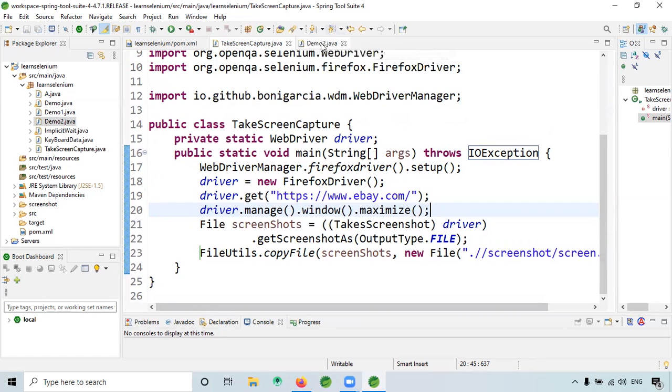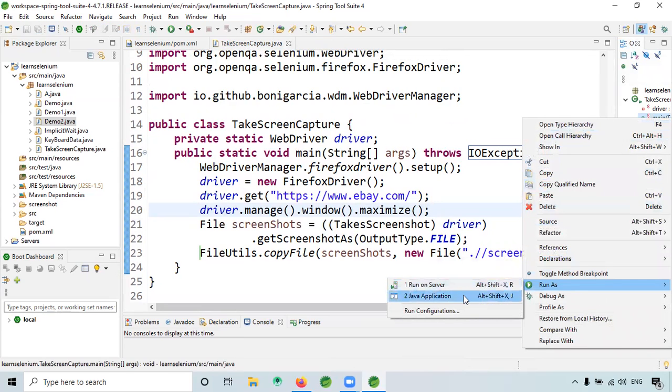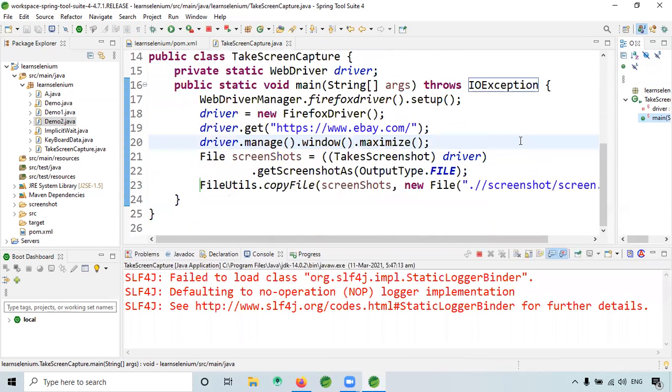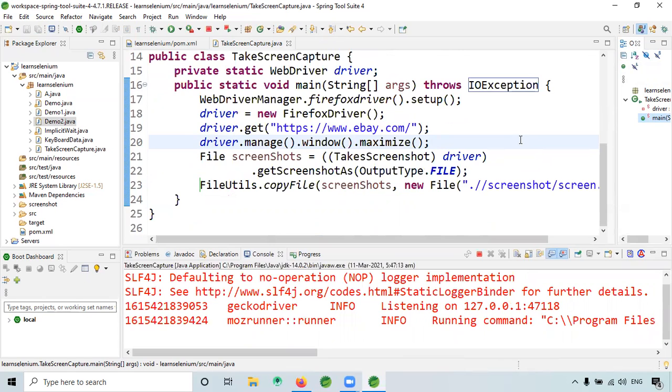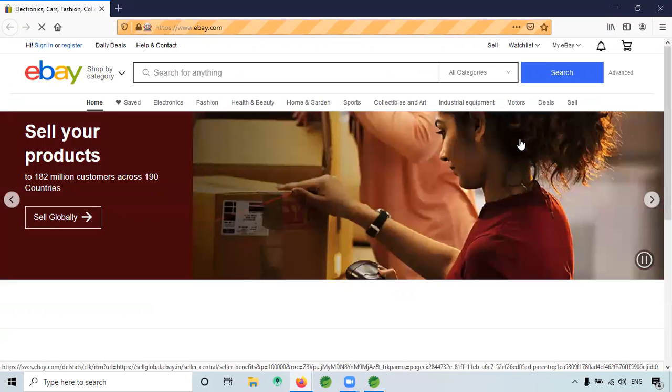I'm saving the file. Java application. Site got opened.